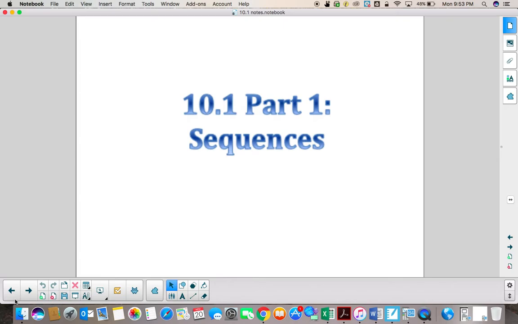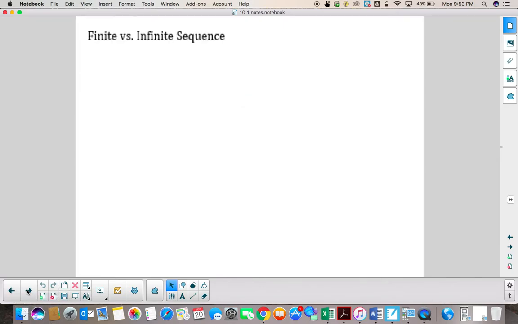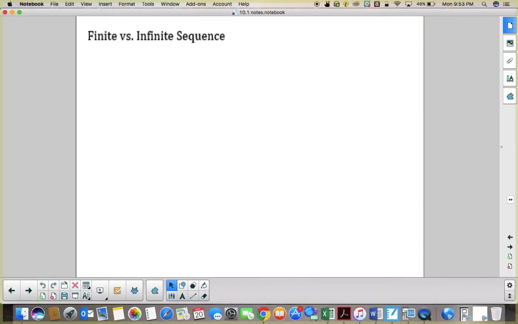But basically, when you have sequences, you're going to have either an infinite or a finite. And what the difference between the two of those are, well, first of all, let me tell you what a sequence is. So a sequence is an ordered list of numbers